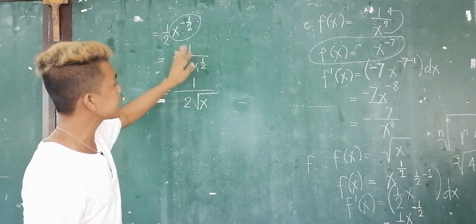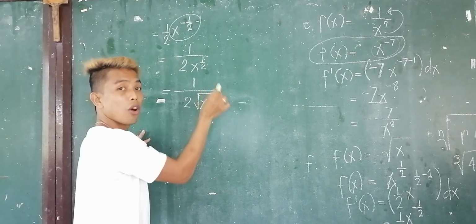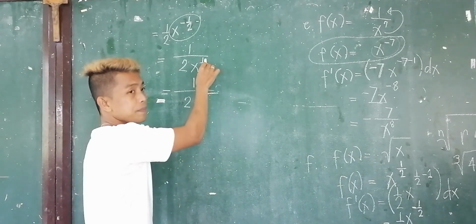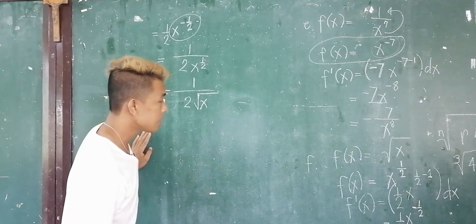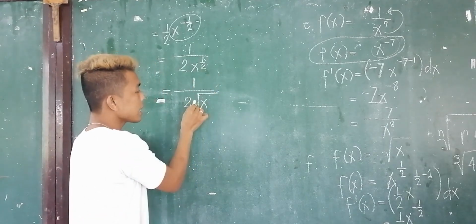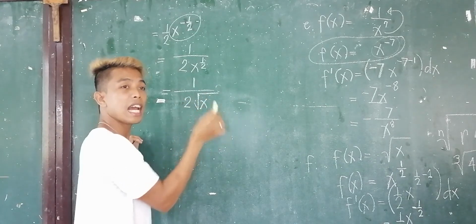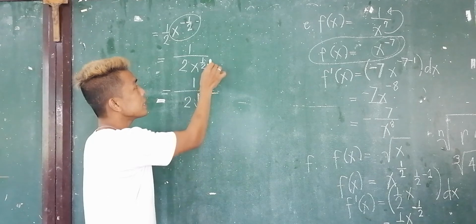Saan mo ilalagay yung mga numbers na nandiyan dyan? Yung 1 dito sa x. Yung nasa loob. Since 1 lang yan, wala nang gagawin. Okay? Hindi ka na maglalagay kasi sabi natin automatic na. Yung 2 dito natin ilalagay. Pero dahil 2 yan, hindi na din natin ilalagay. Kailan natin ilalagay yung mga numbers sa